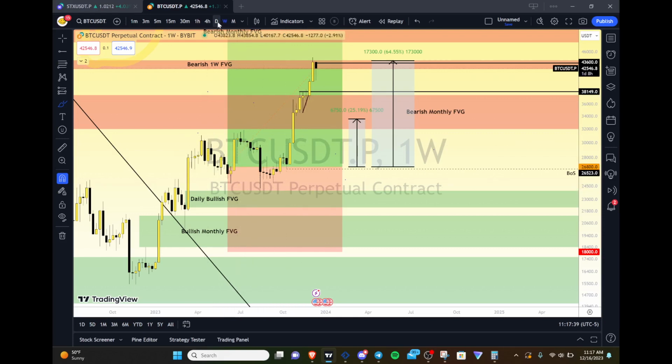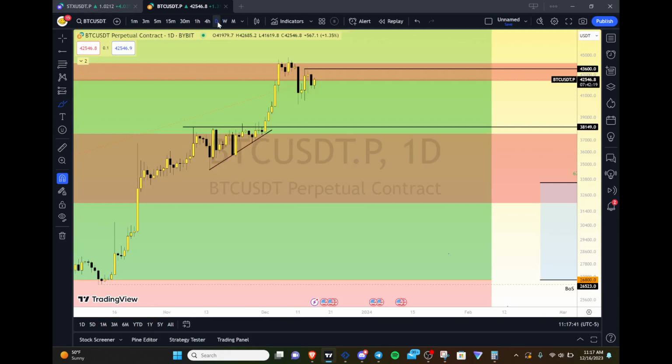Okay, so let's go down to the daily time frame. So weekly's an uptrend, right? Daily is pulled back from the weekly fair value gap, as we can see, but again, consolidating. So we may still get continuation lower. That's definitely possible, but it doesn't mean that we're out of an uptrend. Now, if we lose this level here, and this level happens to be right around 34,500, give or take, approximately around there.